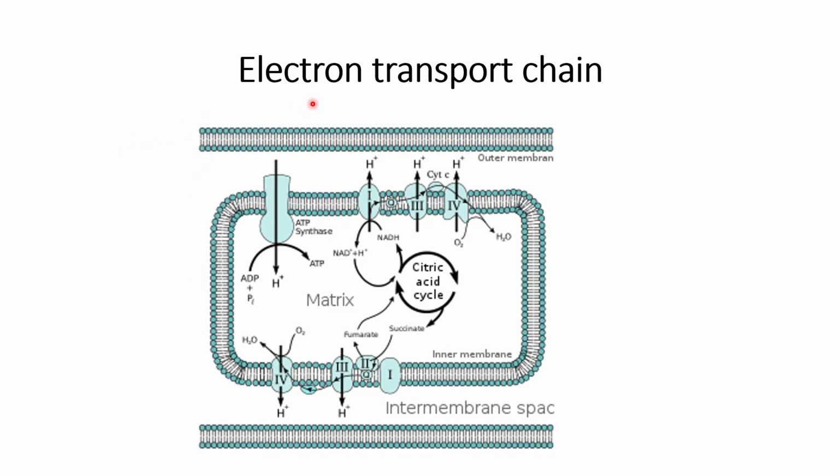In this video we will discuss the electron transport chain, which usually occurs in the mitochondria. So what happens in this electron transport chain? Electrons from the electron donors are transferred to the electron acceptors, and this creates an electrochemical gradient within the mitochondria, and that leads to the formation of ATP, from ADP to ATP. This is